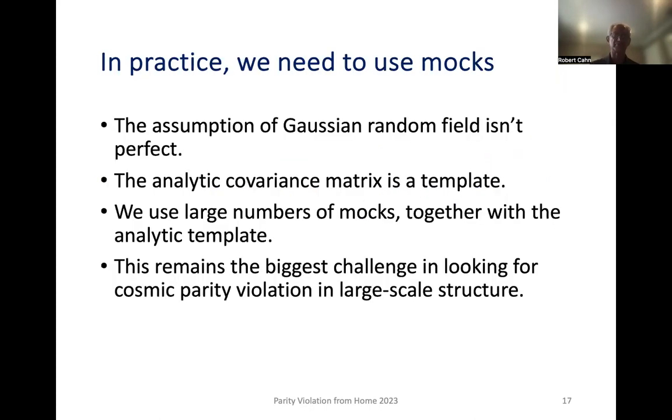Now, in practice, this isn't the only thing we need, because we've made the assumption of a Gaussian random field, which isn't perfect, but we can use this analytic covariance matrix as a template, and we use it together with a large number of mocks to make the best covariance matrix that we can. As you can see, this is still a bit of an art. We're still dependent on having high quality mocks to work with. And in my opinion, this still remains the biggest challenge in looking for cosmic parity violation in large scale structure, because if we make an error